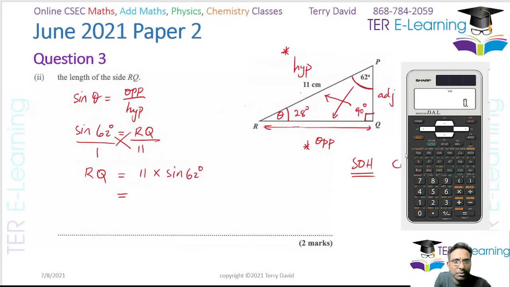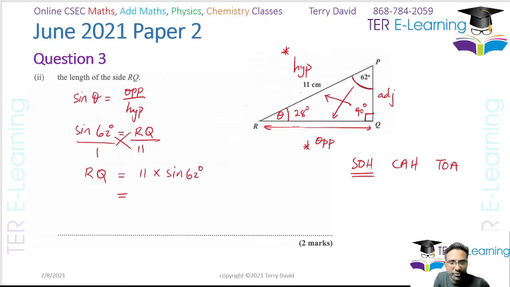So it's going to be 11. So 11 multiplied by sine 62, right? And I'm going to get 9.71. So that's what I'm going to use. So my answer here is going to be